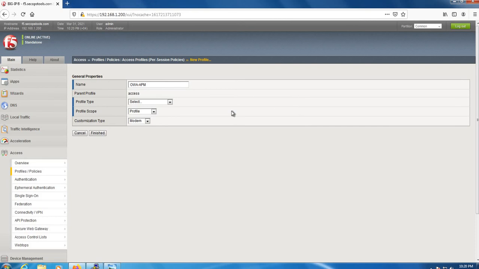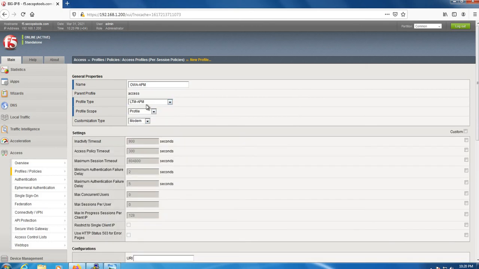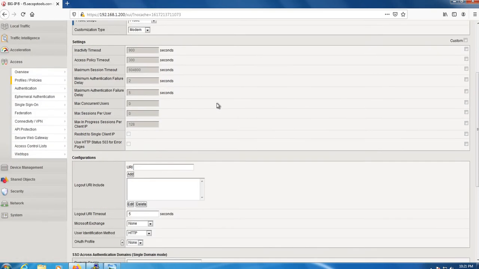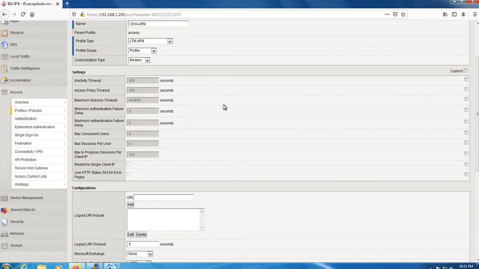You can host multiple applications inside that portal. But for our config, we don't have multiple applications, it's a single application. So we will use LTM, APM as a type, and we will apply this type to the virtual server. So whenever we access the portal, once successful authentication is done, we will redirect to the resource of that particular VS, rather than going to the portal and seeing the other applications. So we have a single application, so we are using this. So I selected LTM APM.